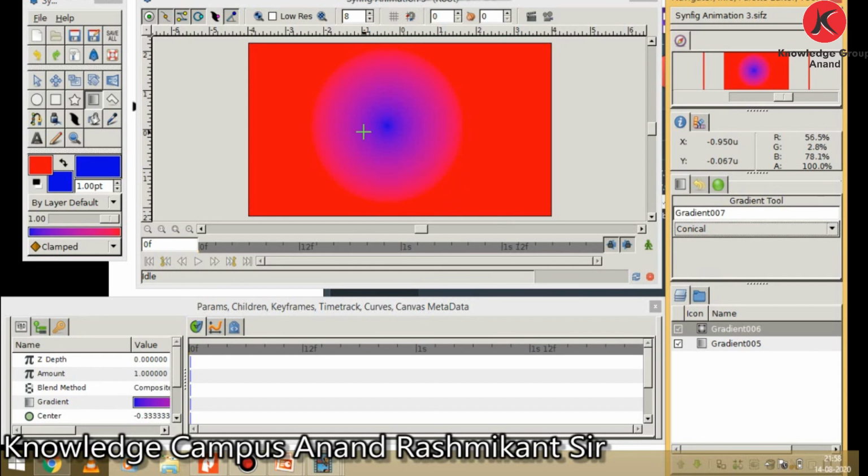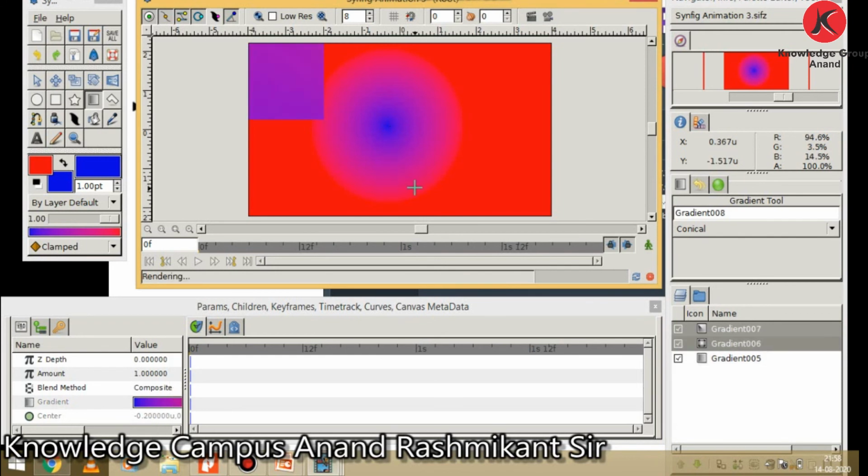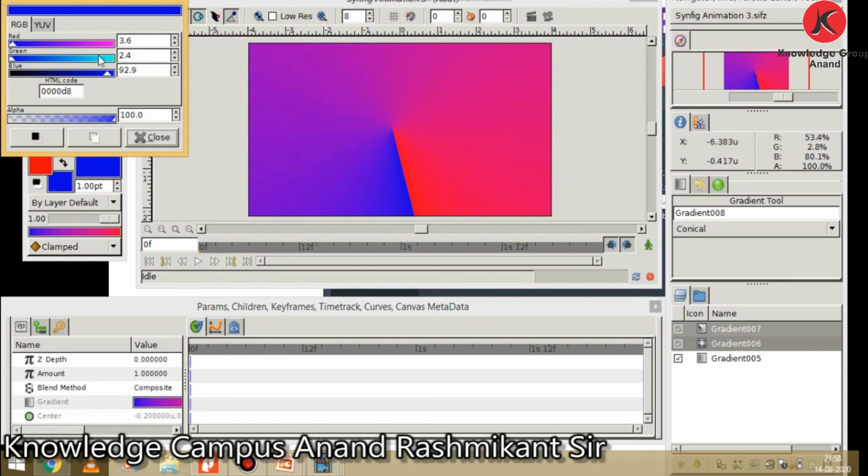So click to set the center and drag to indicate the direction in which the foreground and background color should go. The center endpoint adjusts the center of the gradient and the other endpoint adjusts the direction of the gradient. Here you can see it is a conical effect for the gradient. You can choose any other colors.